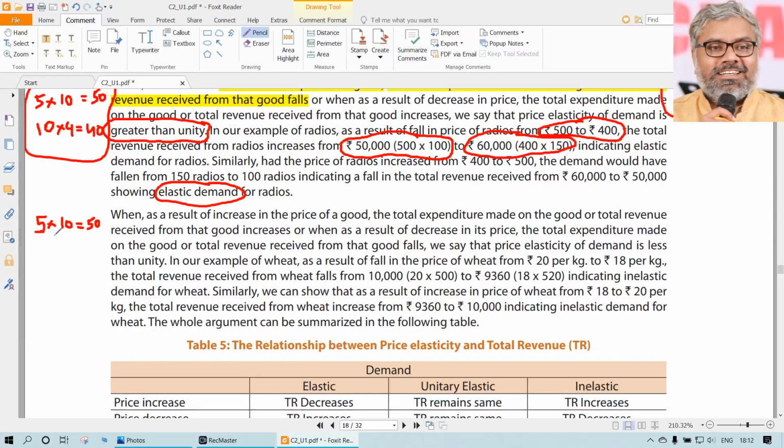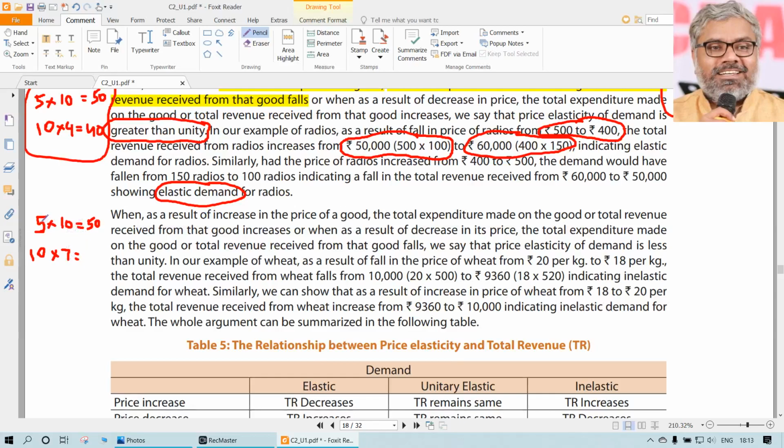Imagine if the price of a product is 5 rupees, quantity demanded is 10 units, so existing revenue for an organization is 50 rupees. Now what happened? The price of the product, let us say, increased from 5 to 10 rupees. Now, the number of units from 10 has reduced, but it has reduced only a little bit. Let us say the quantity demanded has reduced only to 7. From 10 it has reduced to 7.